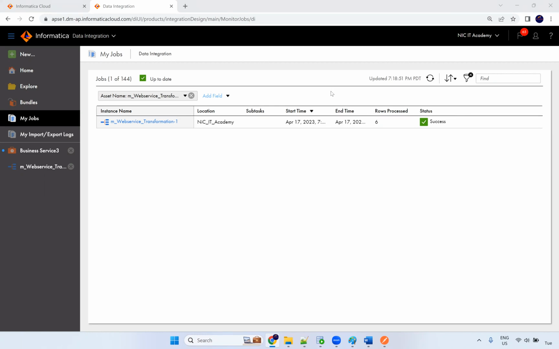Hi Chandra. As you mentioned, we are learning the CDI part, and similarly there is the CAI part. Is it the same as what you just explained, the web service transformation in CDI, or do we need to learn any other things in CAI? No, this is part of CAI. This is what you will be working with in CAI. In the same way, you have to create a process and get the response from the front-end applications